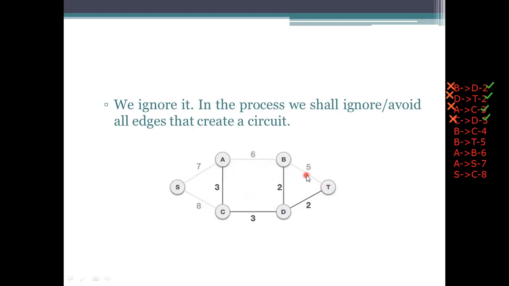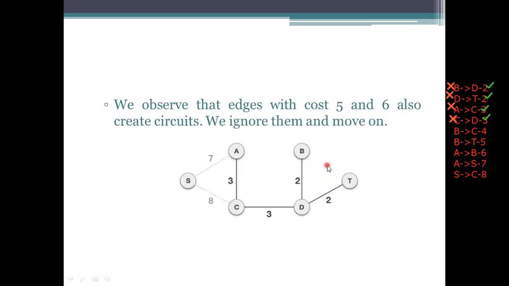So we are performing two steps at once. There is an edge from B to T and an edge from A to B. These will form cycles, so we need to ignore them. Here we are ignoring the values 4, 5 and 6.